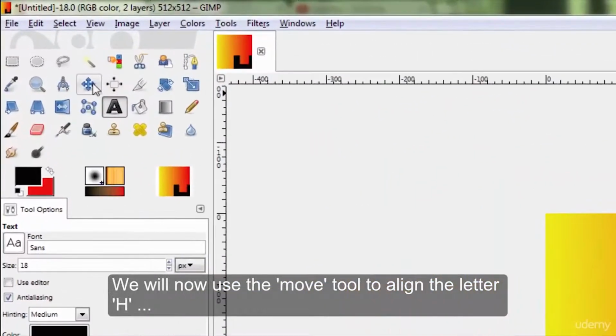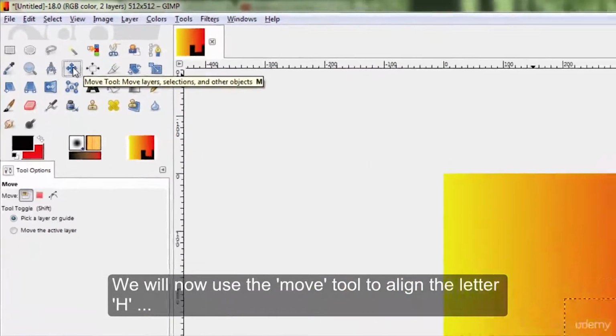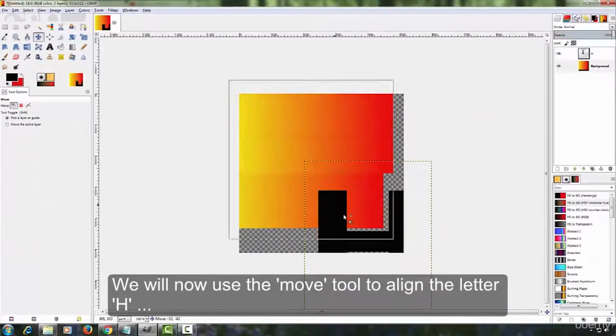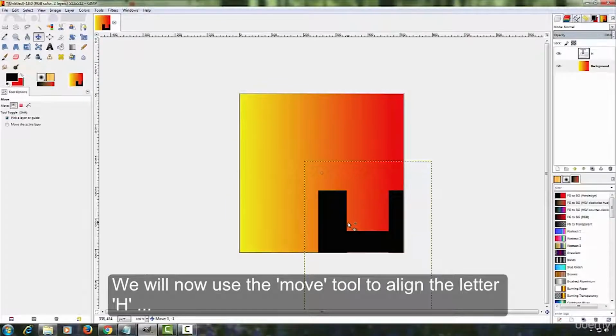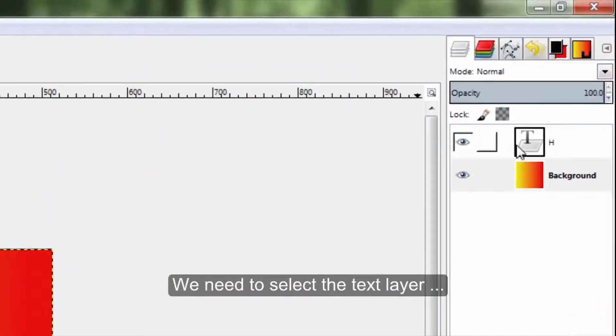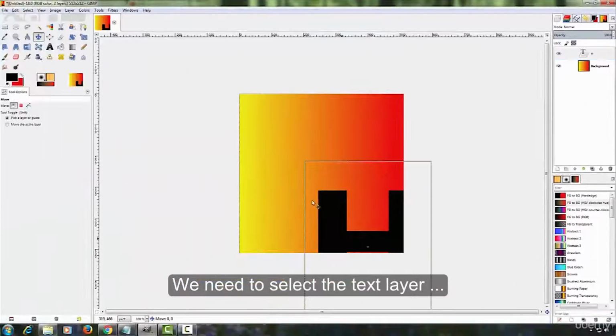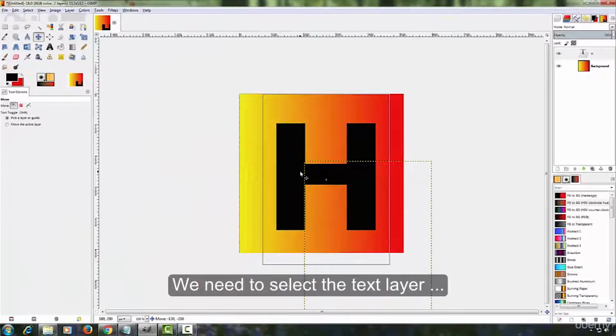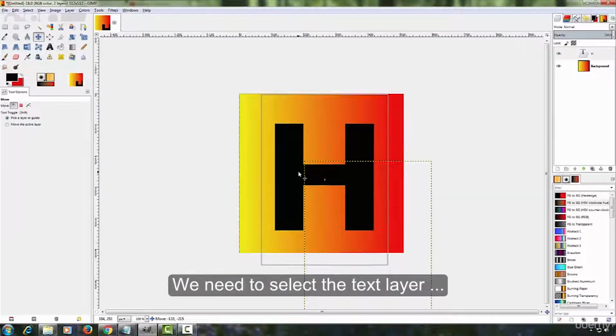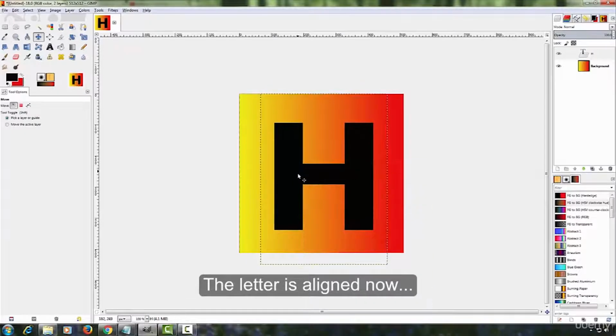We'll now use the Move tool to align the letter H. We need to select the text layer. Okay. The letter is aligned now.